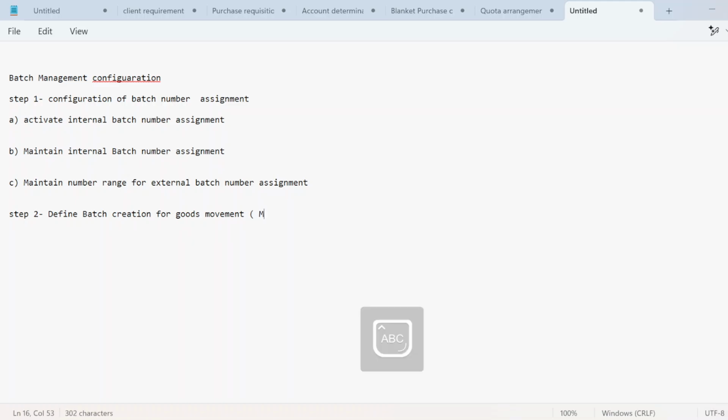Here it's a movement type. What we are going to do is configure for movement types, like 101 is for GR posting. Okay, define batch creation for goods movement.